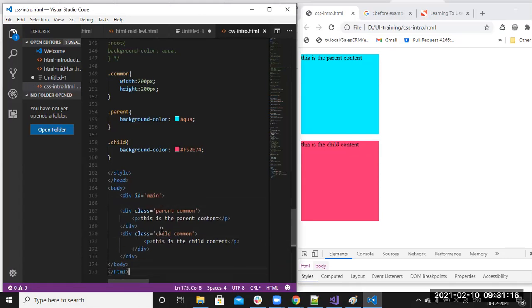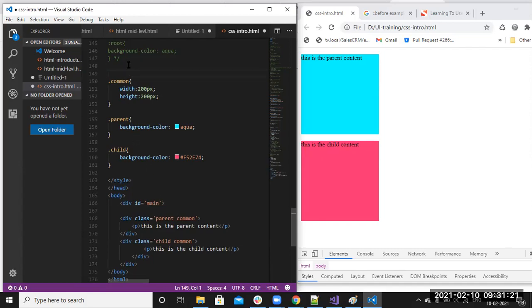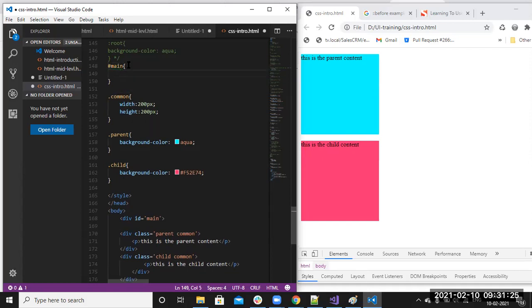Now for the child, I have written like this, right? Child space common. One more thing I'm doing here: hash main, background color.